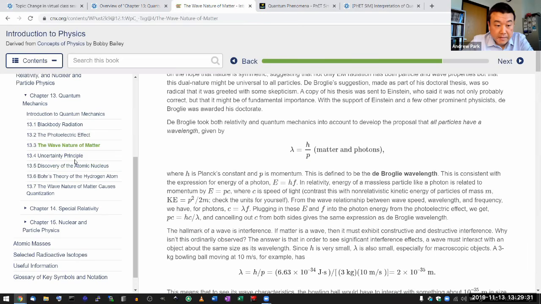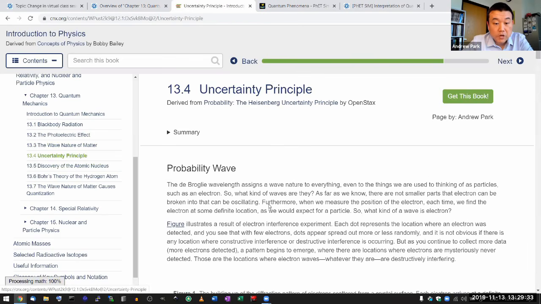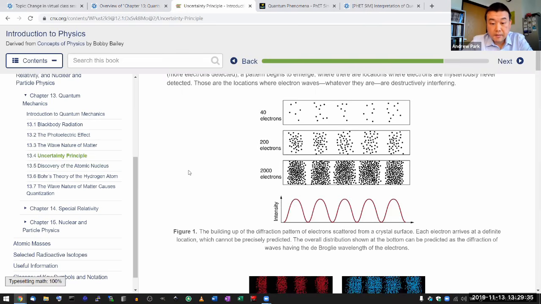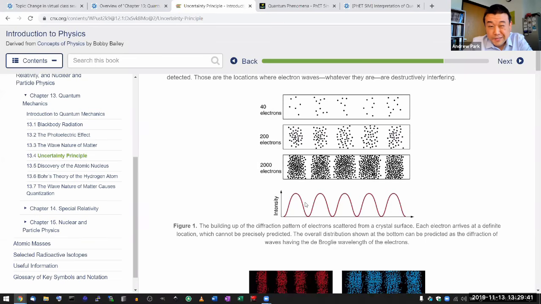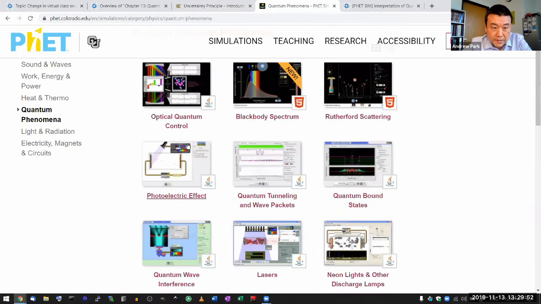I think what I said I would first describe is the uncertainty principle. And I have some figures here, which are meant to illustrate that. But these fixed figures can be not very proficient at conveying what we mean by uncertainty. So let me use one of these simulations from phet.colorado.edu to illustrate that.